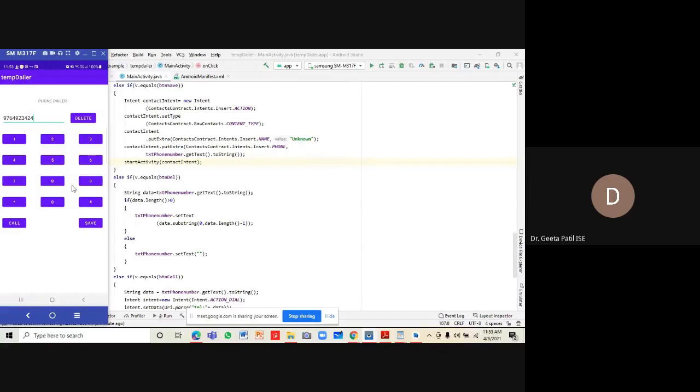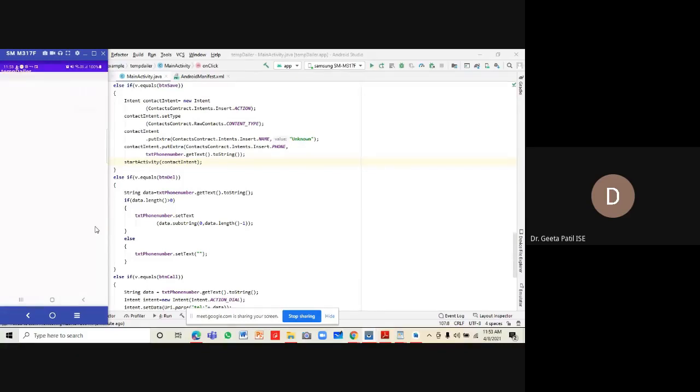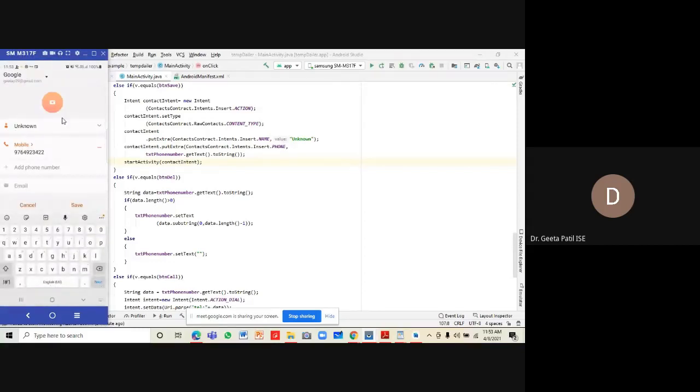And then let's say if I want to change something over here and then say save, we'll come to this activity where the name comes as unknown. Using the intent, it has passed information where the name is unknown and the phone number is this phone number.